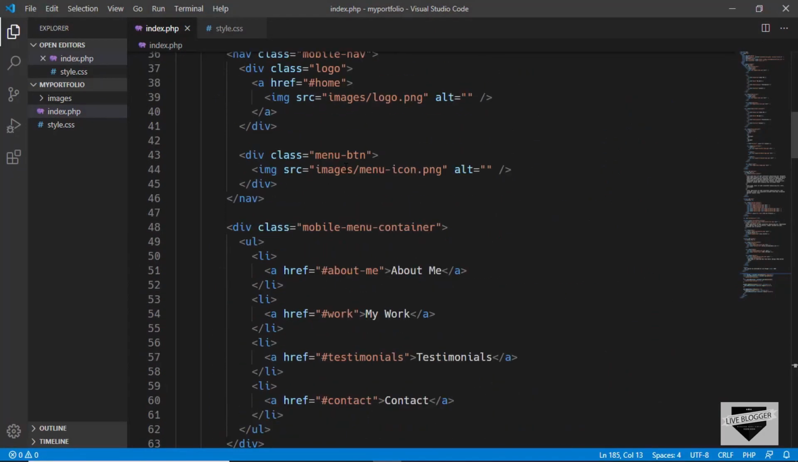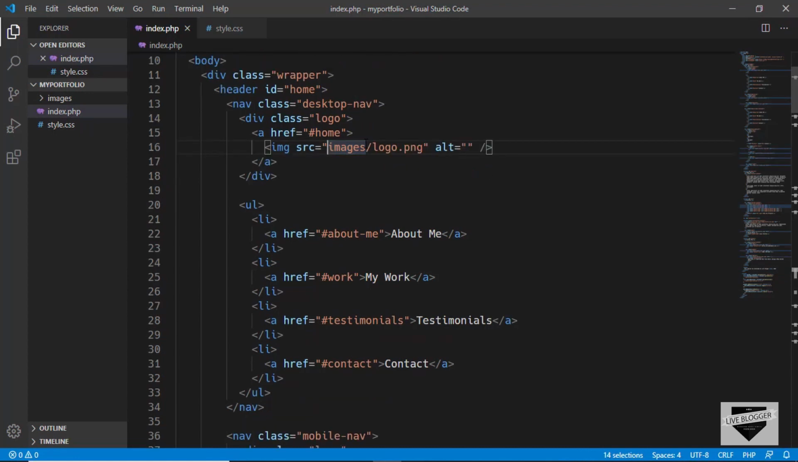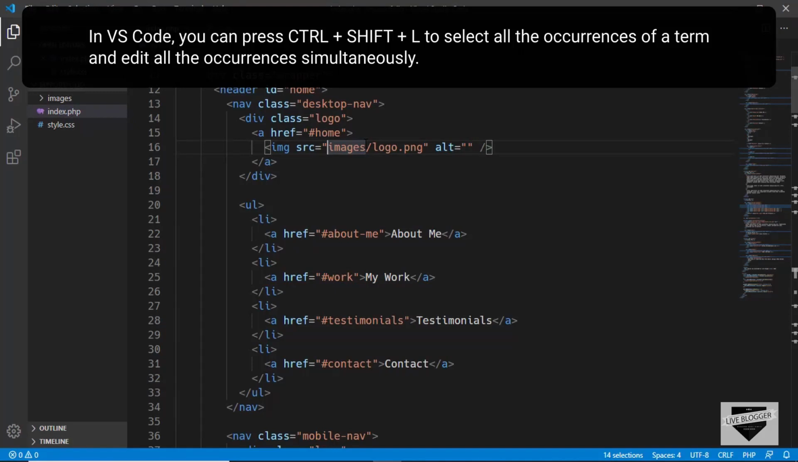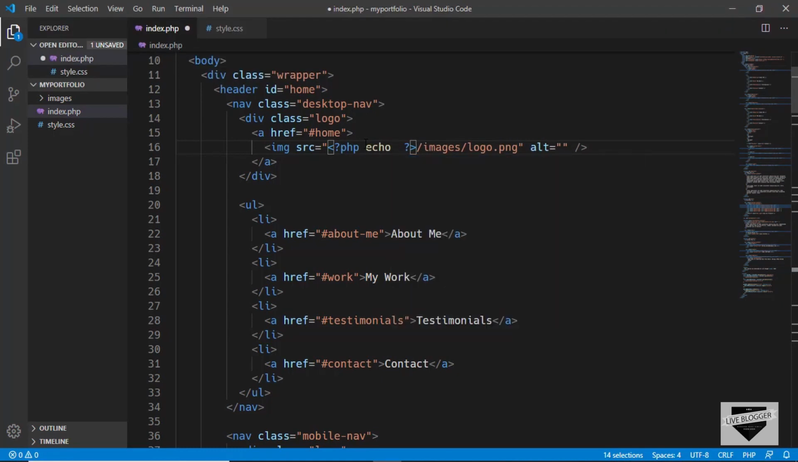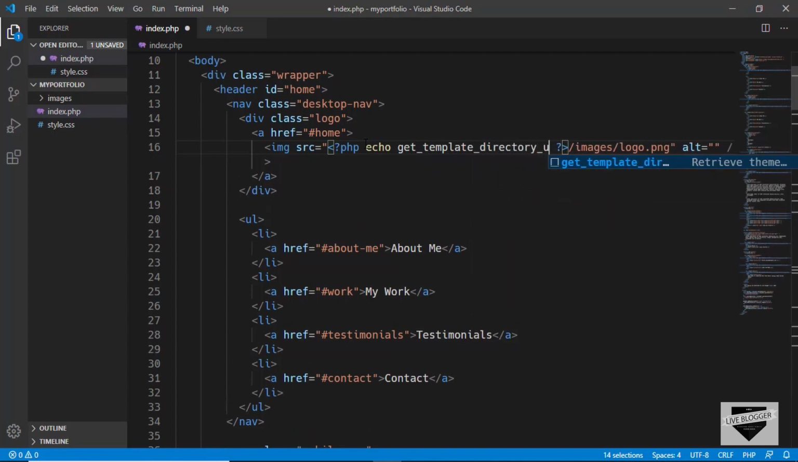First of all, let's go to our VS Code and to display all the images, you have to set the src of the images relative to the theme directory. So you have to add some PHP code over here, and inside src here we will add some PHP code. To add PHP code, you have to type less than question mark PHP and end it with question mark greater than. And we'll also have a / over here. Alright, in the PHP you have to type echo get_template_directory_uri and then parenthesis and